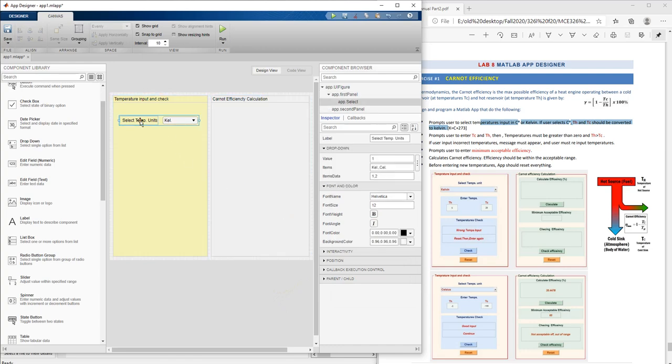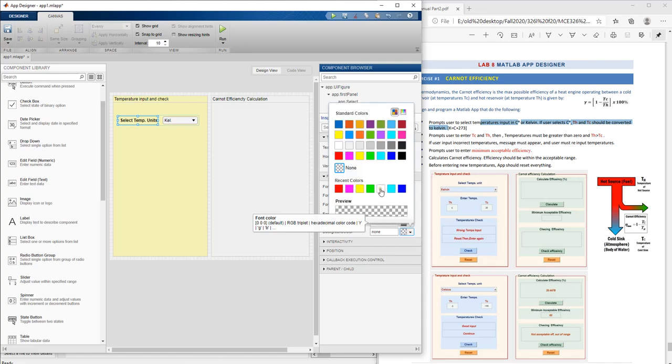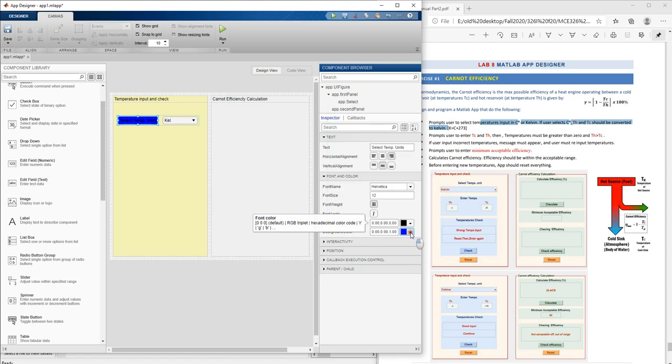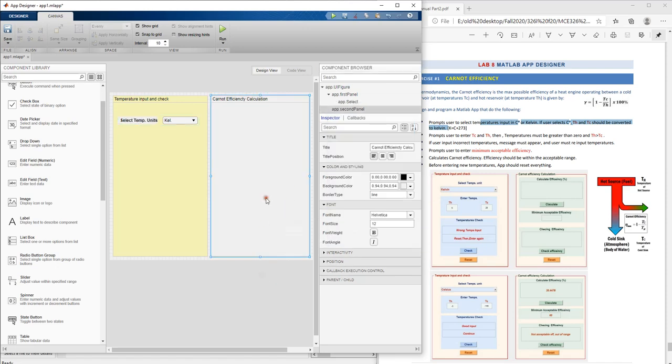Let me click here on the select temperature. Again, as you see here, we have the font and color property. Let me make it bold. You can change the font, font size, font color and background color for that area. So let me select, just to show you, different colors. I will choose this one. Never mind. Like this. Okay. Next step, we have to